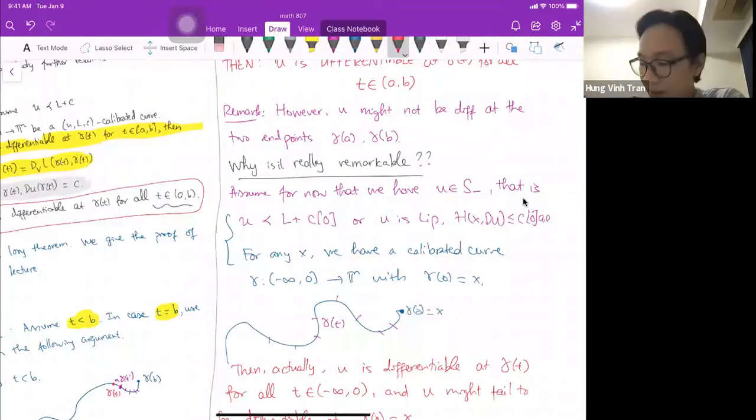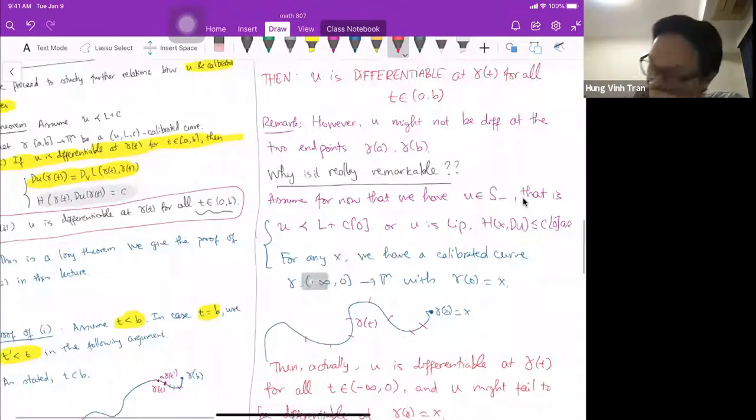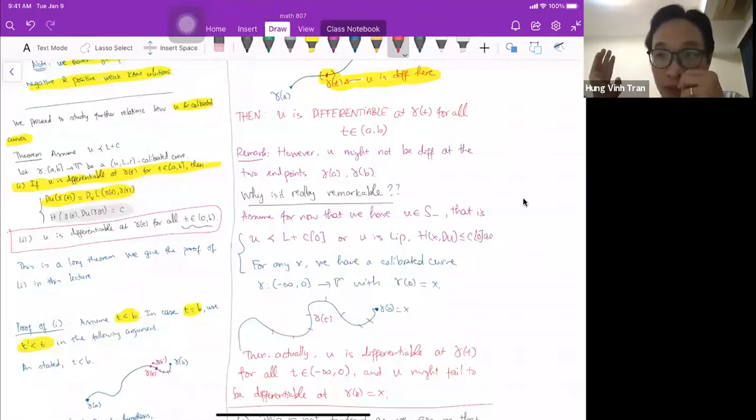And again, this is remarkable because this is telling you that the PDE gives you the equations, the hidden structure gives you something more than just the crude property of a Lipschitz function. So we are using something much deeper than just a Lipschitz function, right? So that's something important.